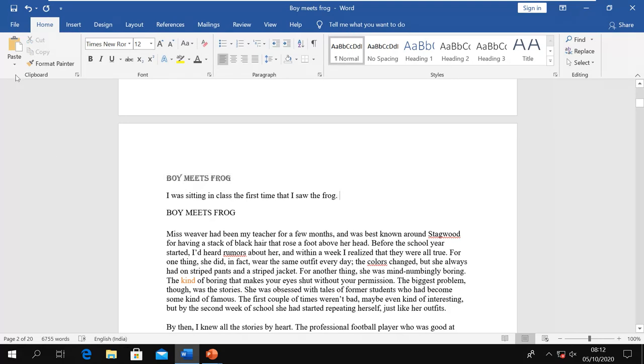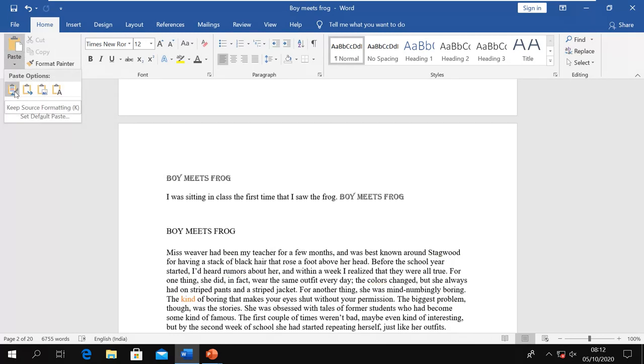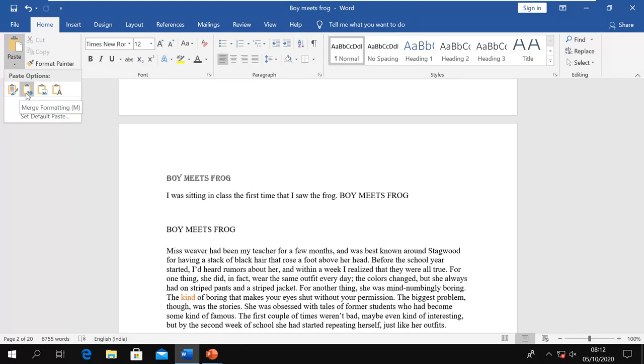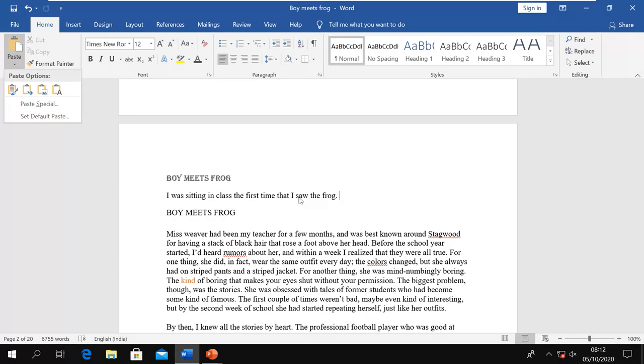So what I can do here is go to this drop down menu. Now what options do I have here? We can keep the source formatting, that means the format from where I copied it, or I can go for merge. Now merge means it will merge with the existing line, that means the line where I am pasting it.